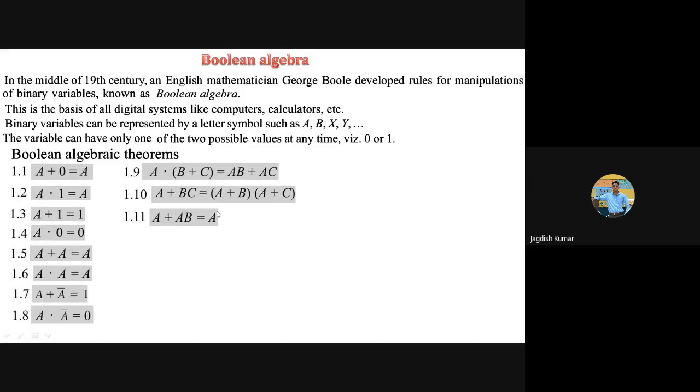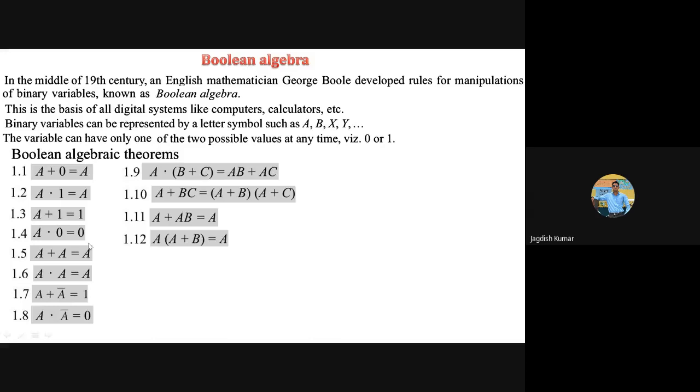Now you can again try to prove it yourself. So you can take A or AB. That is always going to be A. Because if A is 0, then A and B is 0 again. So this output will be A. When A is 1, then it is 1 or 1 and B. So 1 or anything will be 1 itself. So B is immaterial here. B is irrelevant here. So this expression is equal to nothing but A. If you use these expressions, then things in Boolean algebra become really simple.